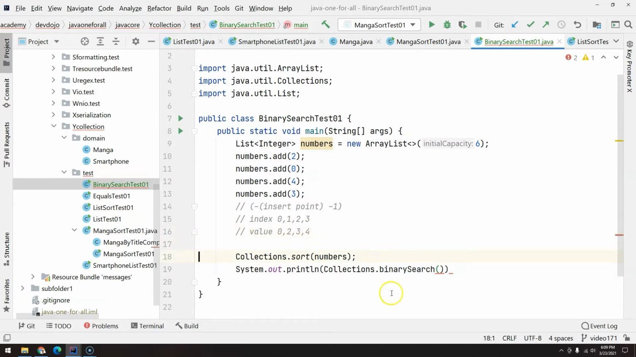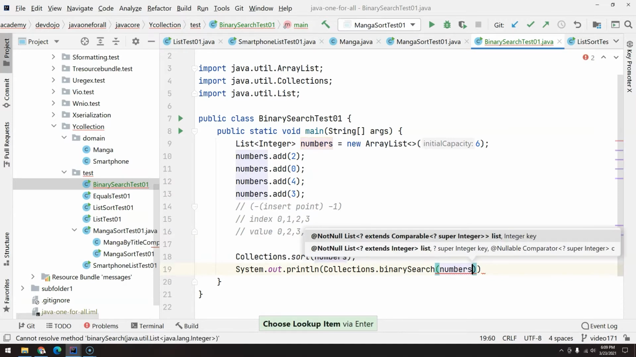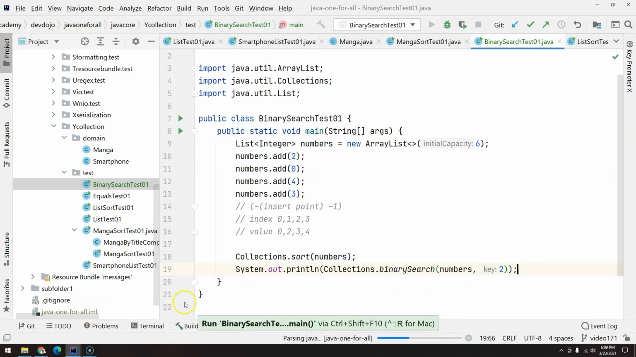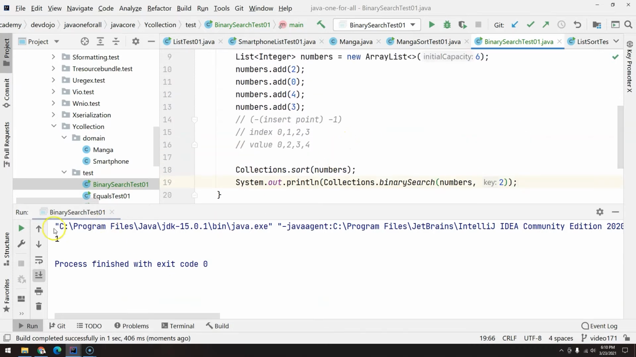So let's search for the number 2. I need to pass 2 arguments. One is the list that is already sorted, and the other one is the key, in this case 2. So as you can see, number 2 exists and is located at the index 1. This is the value, this is the index. Now let's understand why